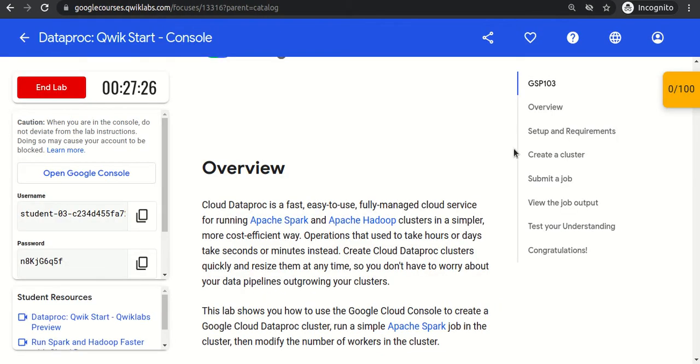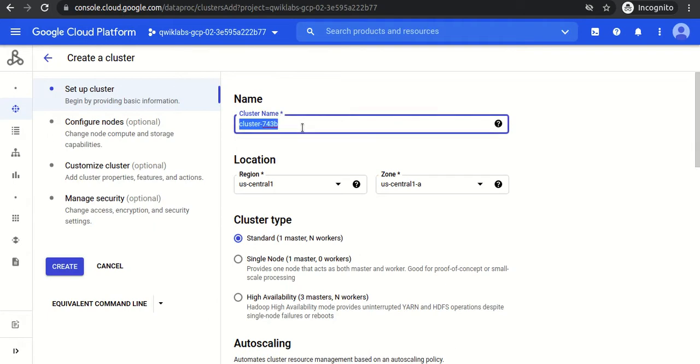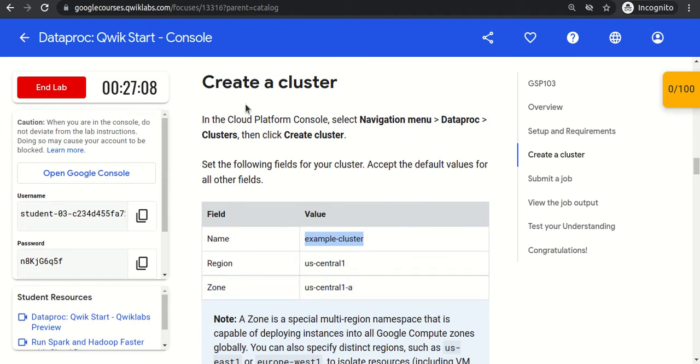So as part of this lab we need to create a cluster. In the cluster we have to give the name, example-cluster. So in the cluster name we will give example-cluster, and basically it's a virtual machine. The virtual machine needs to run in a region, us-central1, yeah, that's it.